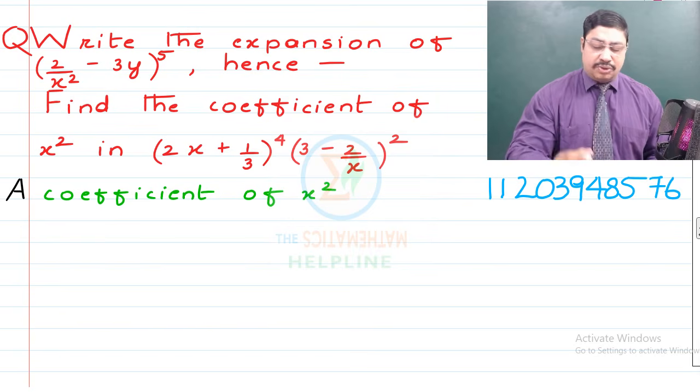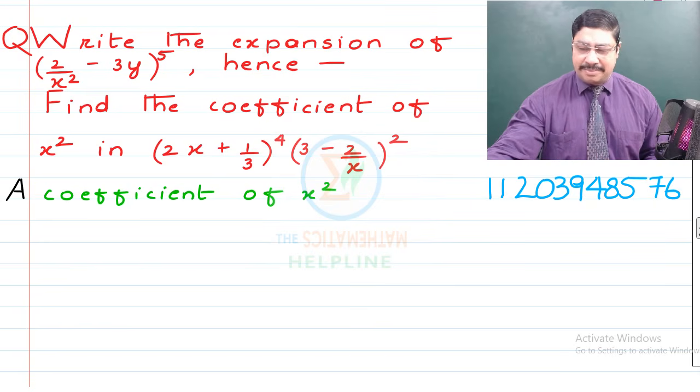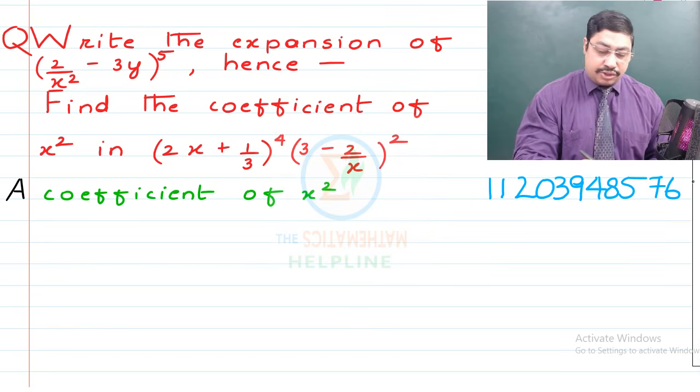So when we talk about the coefficient of x square, then obviously it is to be in the product of both of these binomials. So we have to expand both of these. You have the formula above. Here, when you solve the question, you have to write for the examiner that same formula. And after that, at this time, I will actually expand it for you. So we'll have here this expanded to be